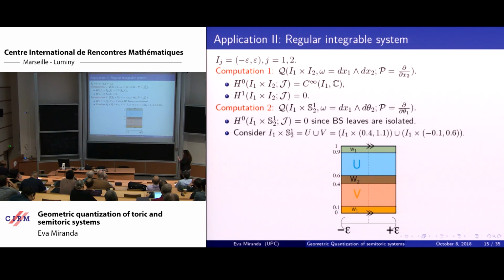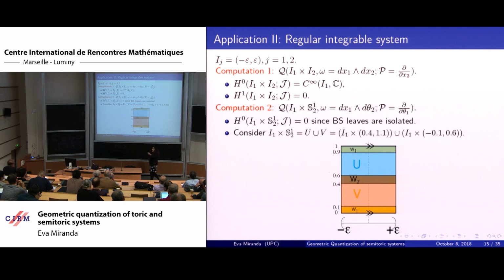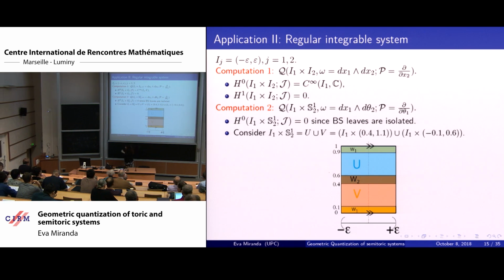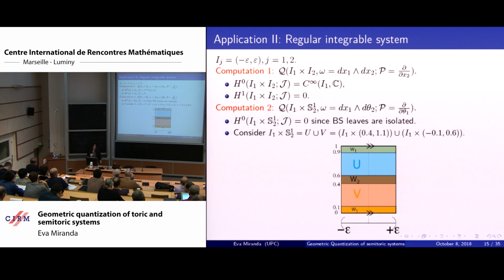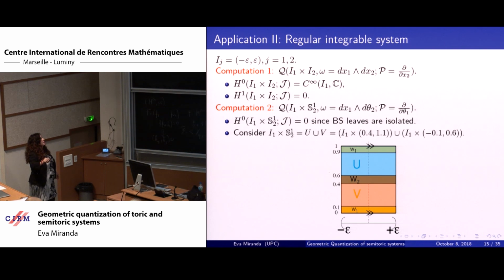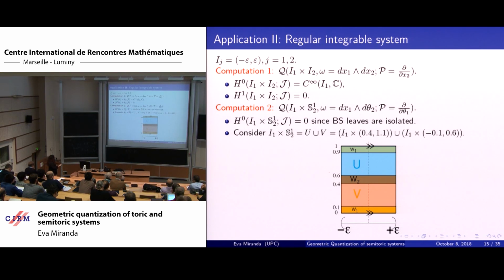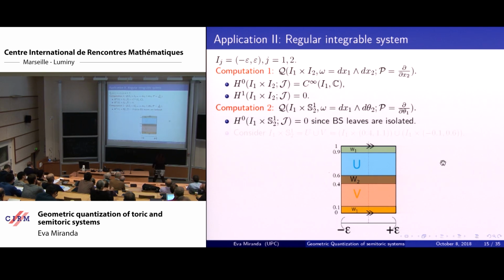So you need to understand with the foliation given by S1s, okay? Which is a little bit the example I did by hand, the computation of flat sections, okay? And then what you do if you have an S1 is that you take two coverings of the S1. Well, you start with the case of the rectangle. You start with the case in which your manifold is just a product of intervals, and you have this symplectic form, and the foliation is this one, okay? Now you want to compute H0. H0 is the set of flat sections, but we computed the set of flat sections. We did this computation before.